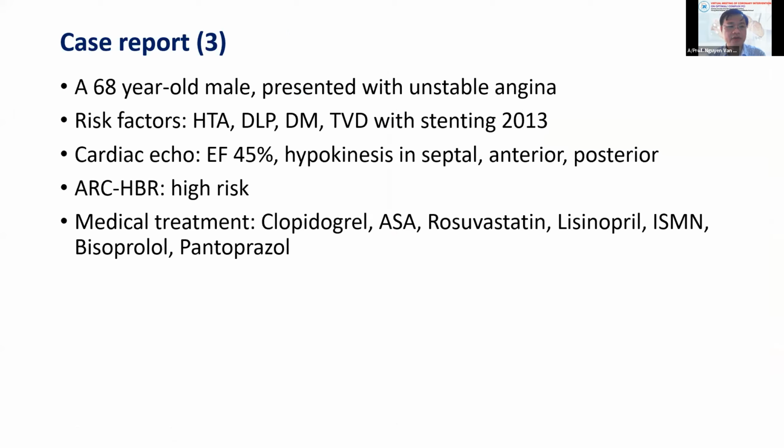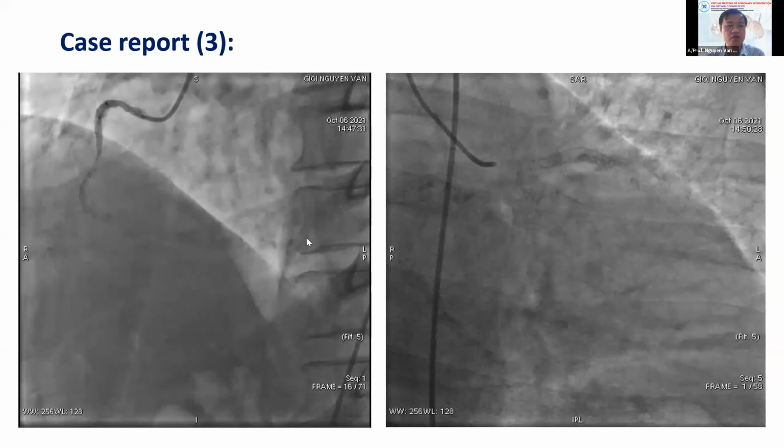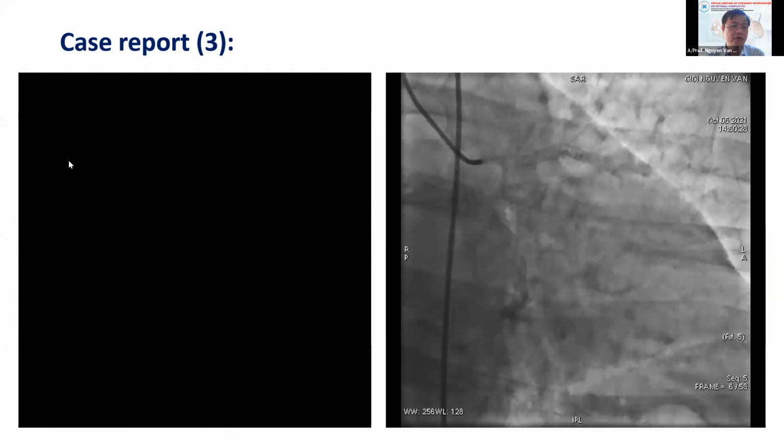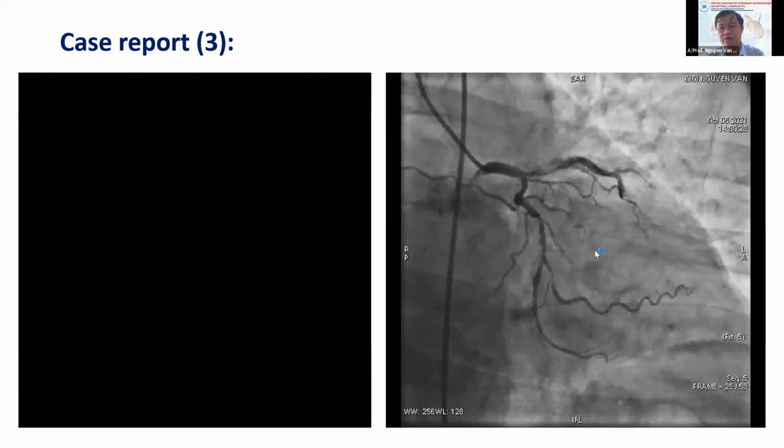The patient has a high risk for bleeding, and echo shows EF about 40-45%. It's a picture here, really moderate to severe in the right side. So we can see in the left side is stent restenosis, very severe in the ostium to the